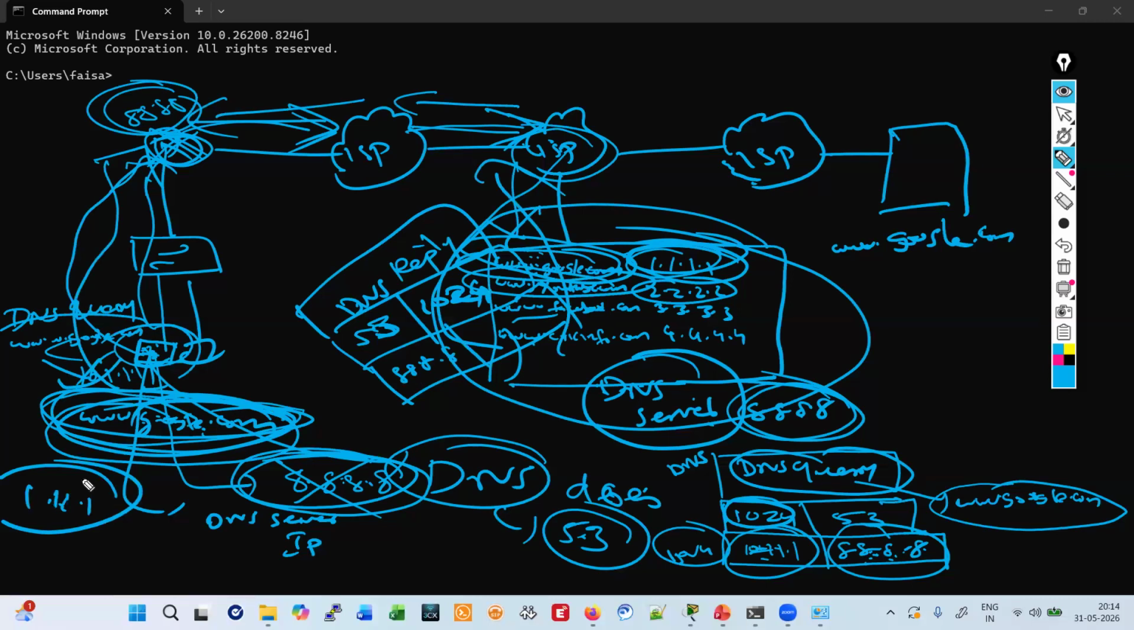Now this device can directly communicate to the 1.1.1.1. The name is already resolved to an IP address right now. This DNS helps to find the IP address of www.google.com. Okay, it has found that, and it got the IP 1.1.1.1. Now it will be directly